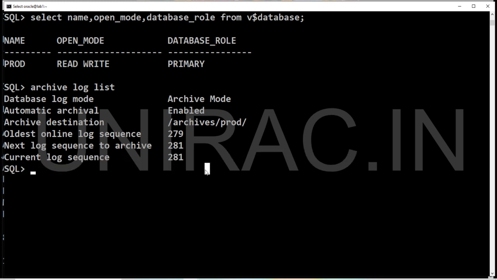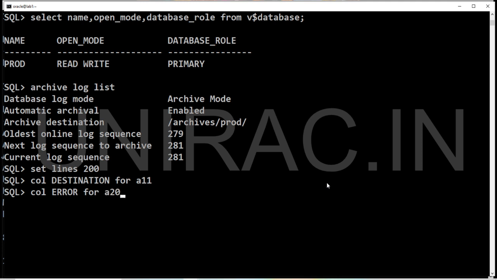Now this is primary. Using V$ARCHIVE_DEST_STATUS, we can find out your log gap. We'll set the line size to 200, and the destination format for destination to 11 characters, and for the error column, 20 characters.